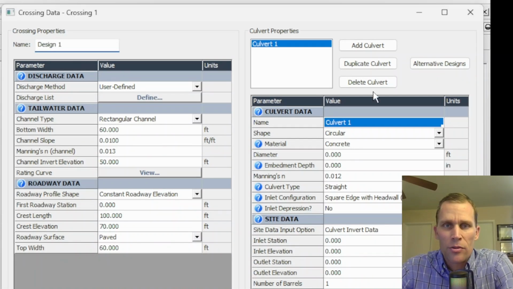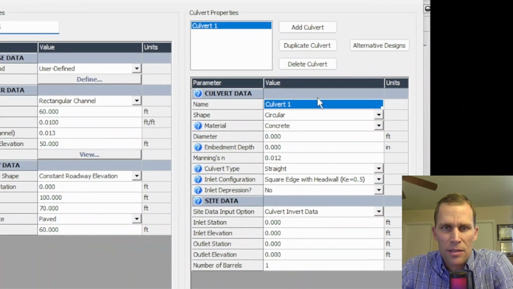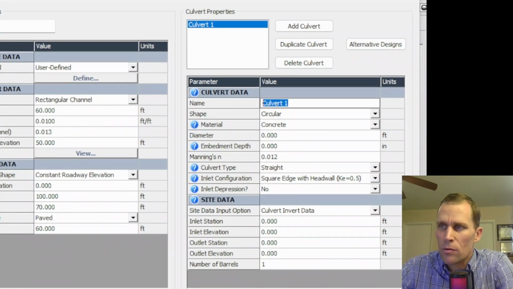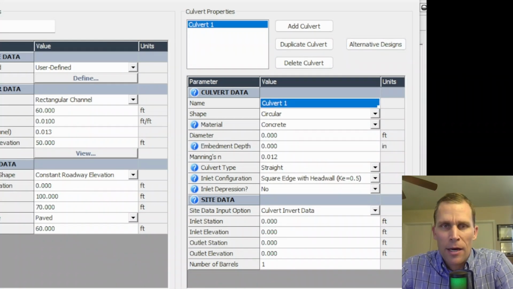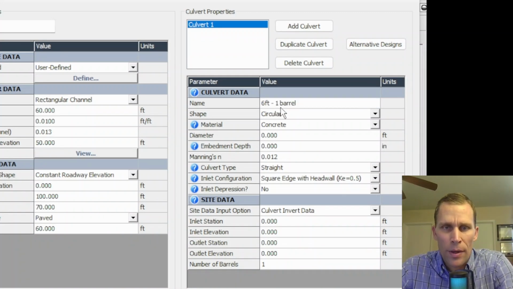All right, now we're moving on to our culvert data. It's giving us this culvert 1 as sort of a default culvert to start with. Before we use the alternative designs button, I just wanted to run one basic simulation with this design. Design 2 will actually involve the alternative designs feature. And I'm telling you that now because I'm going to name this culvert something simple, 6 foot, 1 barrel, which